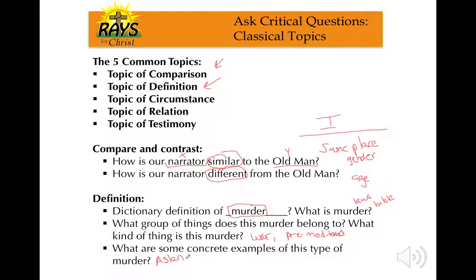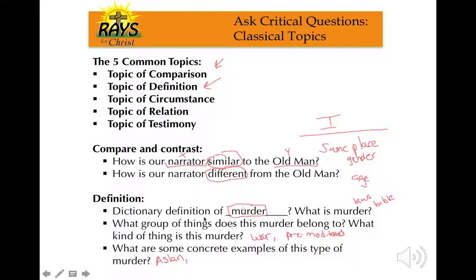Maybe the murder of... trying to think of a Disney movie that the good person was murdered in. I know there's lots of them, but being late, I can't come up with it right now. But you get the idea of how you start thinking of your own examples of this, what you've defined as